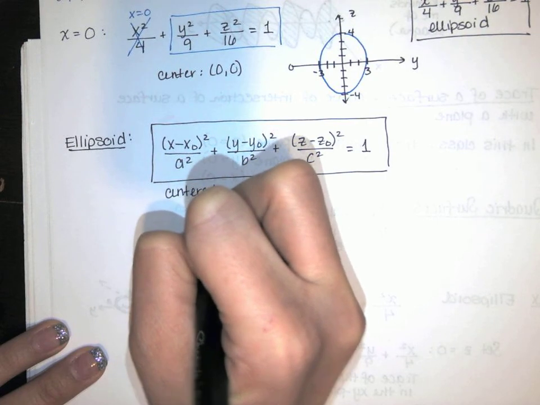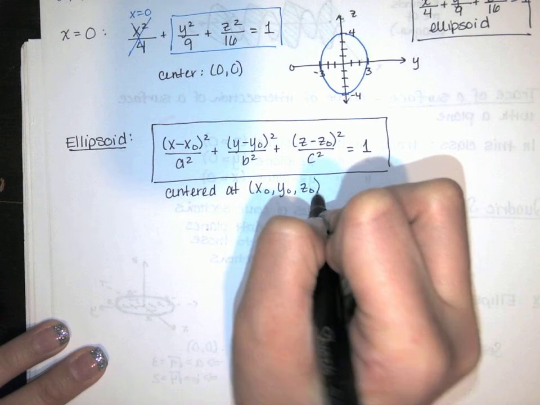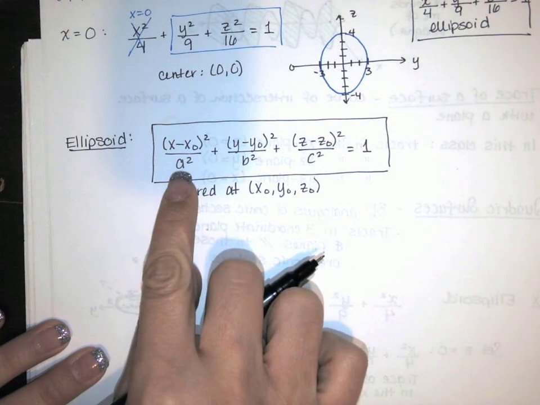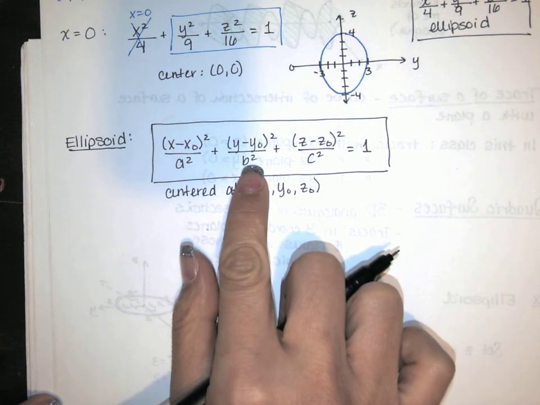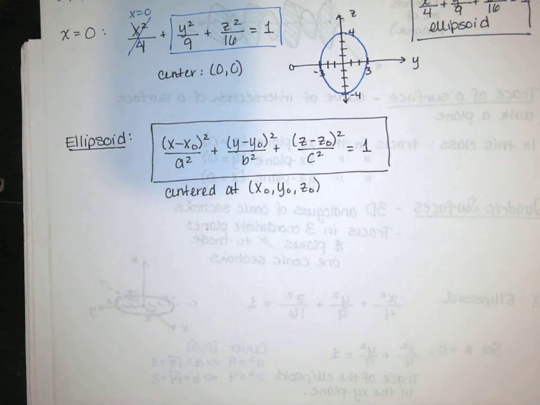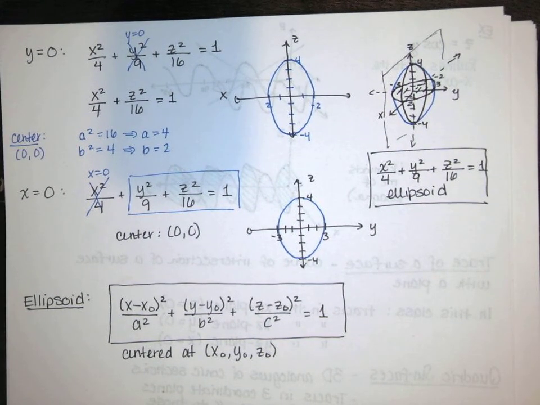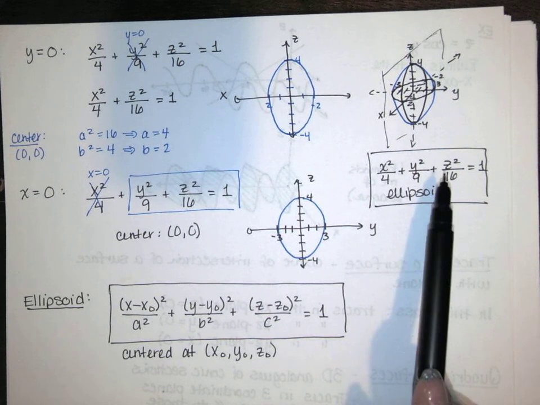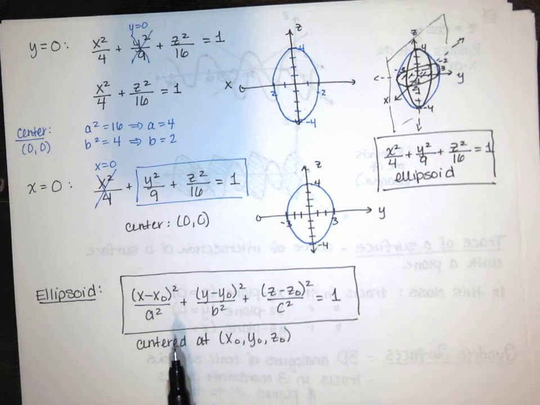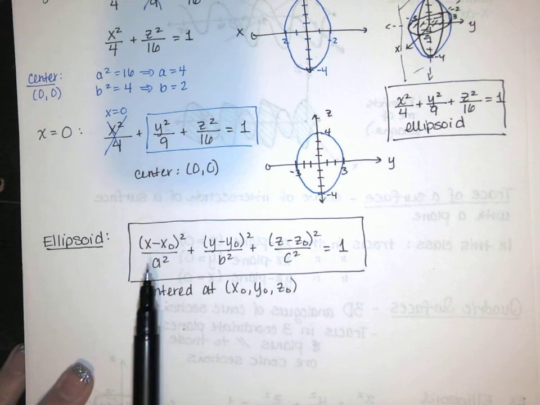centered at x naught, y naught, z naught, and you go plus and minus a units in the x direction, plus and minus b units in the y direction, and plus and minus c units in the z direction from this center point to get points on your graph. And it looks like this. All 3 traces, the trace in the xy plane, the yz plane, and the xz plane, are ellipses. Here we're going to have traces that are ellipses as well, but instead of looking at the 3 coordinate planes,